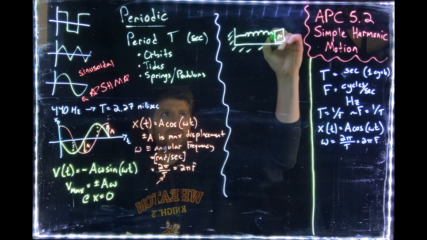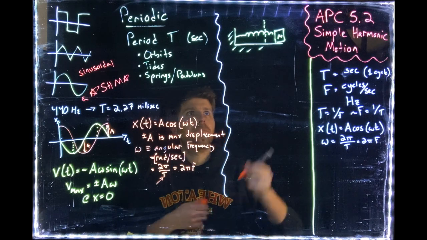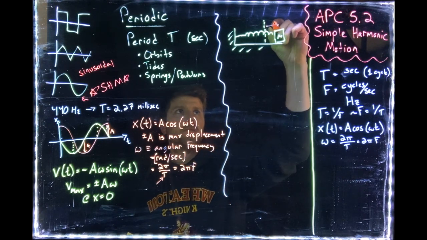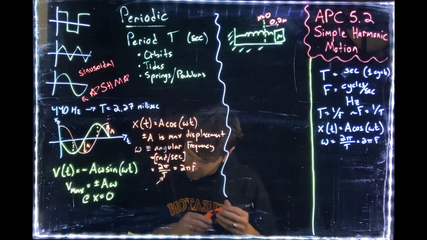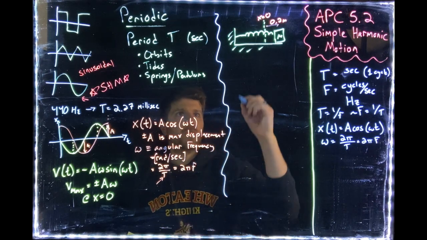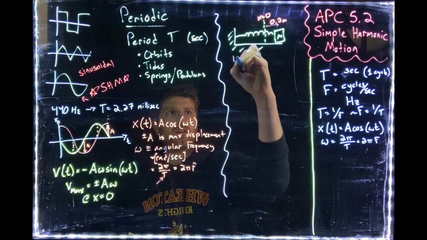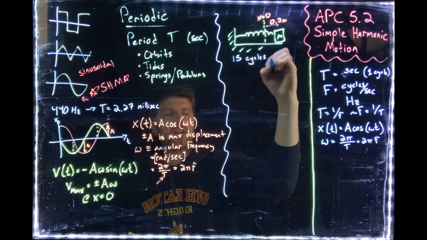So we've got a mass on a spring. And we're going to pull it 0.2 meters away from its equilibrium position, and we're going to let it go. And after we let it go, we're going to watch it, and we're going to find that it goes through 15 cycles, 15 full oscillations